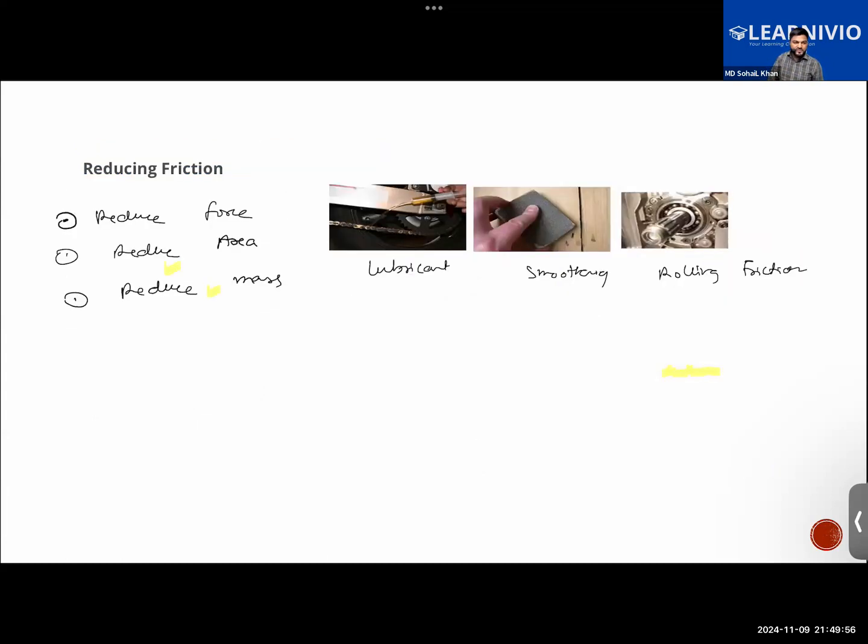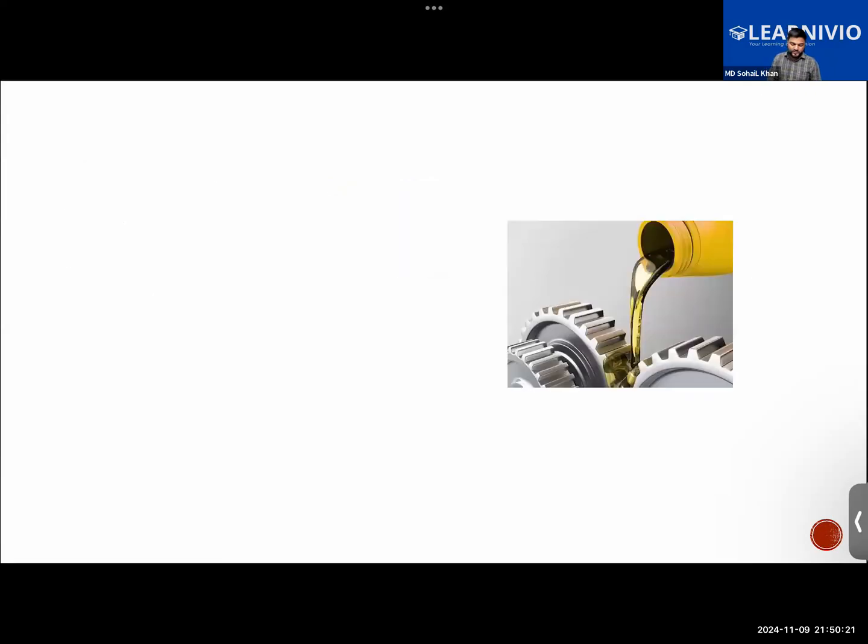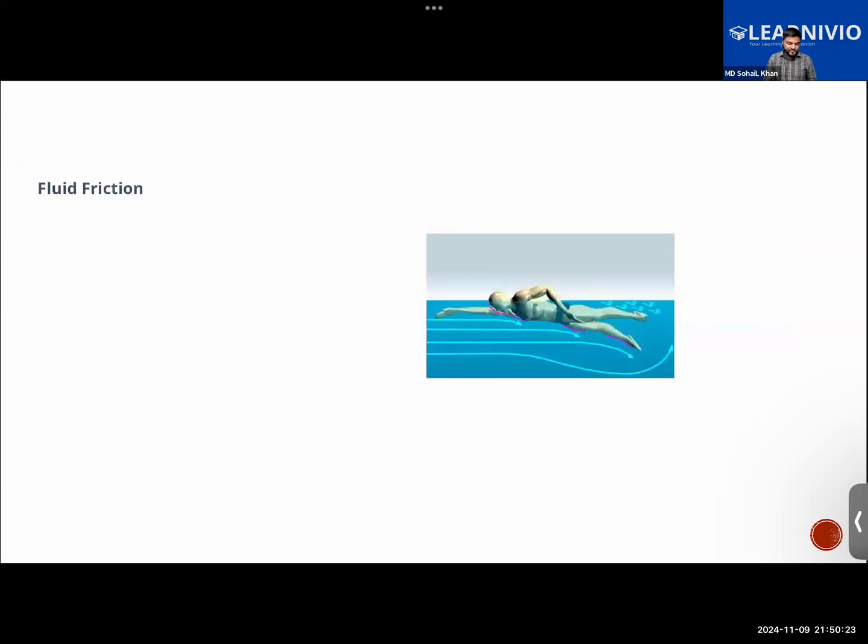In order to reduce the friction, we can use lubricants like oil, grease, or dry graphite powder. All of these can be used as a lubricant. Also, if the object is rough, we can smoothen it with the help of sandpaper and reduce the friction. We use ball bearings in vehicles to reduce friction, and that helps in the movement of the vehicles. All of these were some of the ways we have learned.